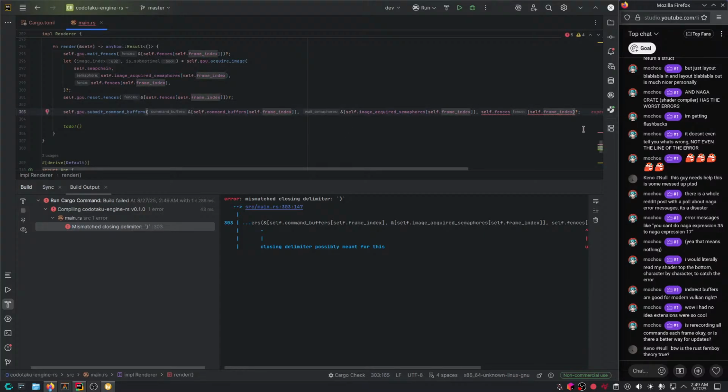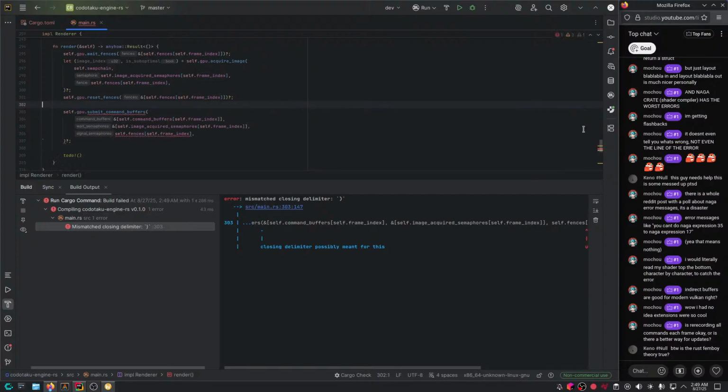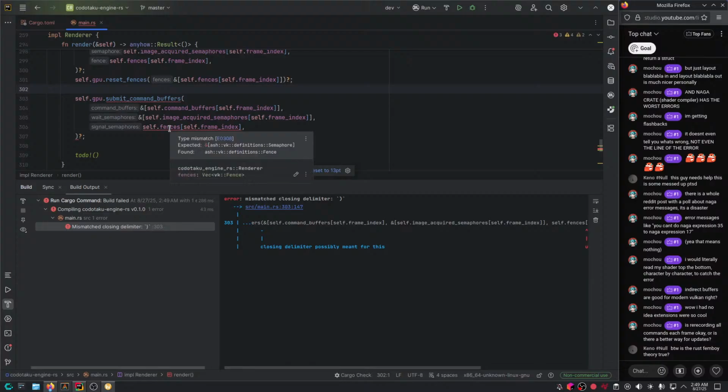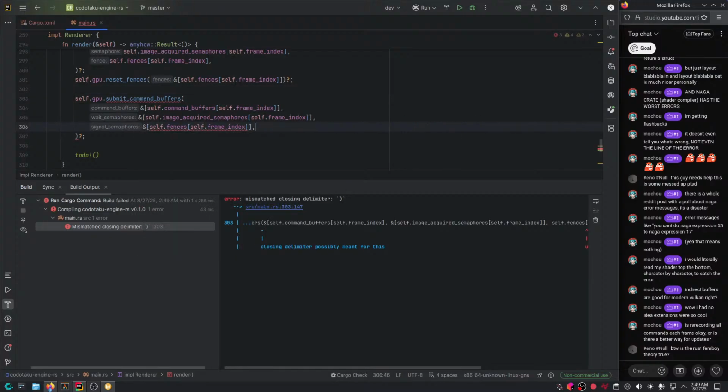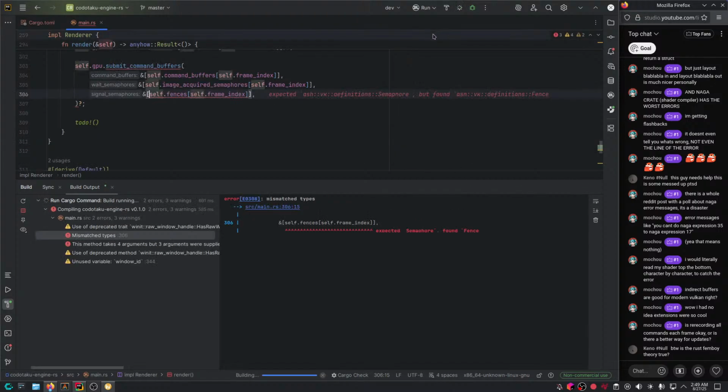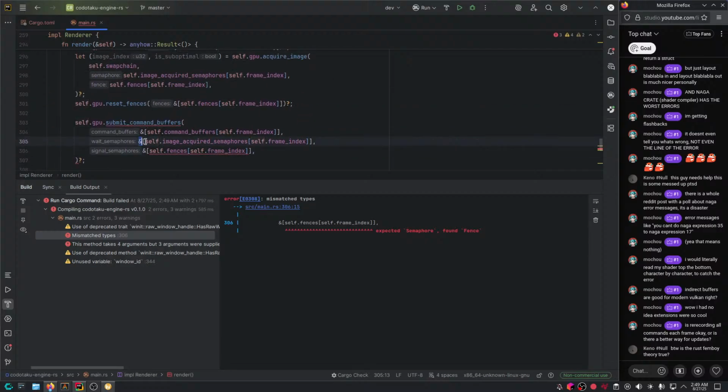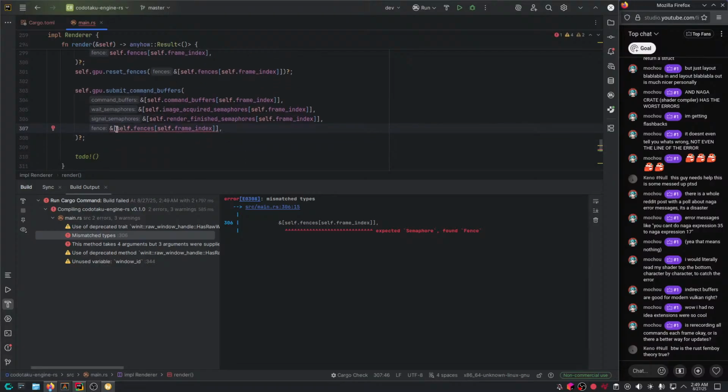I'm missing it here too. Okay. Is that it? Oh, this is signal semaphore. So we're gonna wait on image acquired, and we're gonna signal after we're done. We're gonna signal render finished. And here we just give it the fence, really.